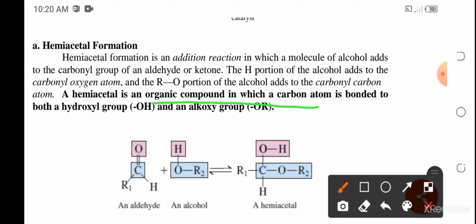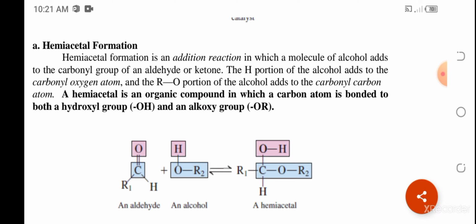Hemiacetals are organic compounds with a carbon atom bonded to hydroxyl and an alkoxy group. So, ang hemiacetal daw ay organic compounds na may carbon atom. That carbon atom should bear a hydroxyl and an alkoxy. Alkoxy is the OR. Okay, so